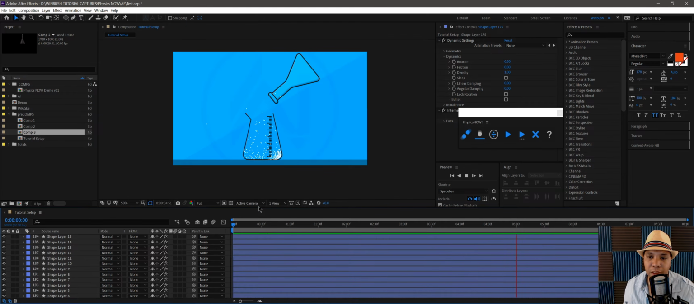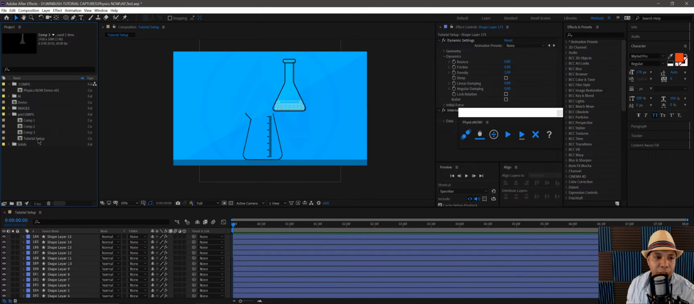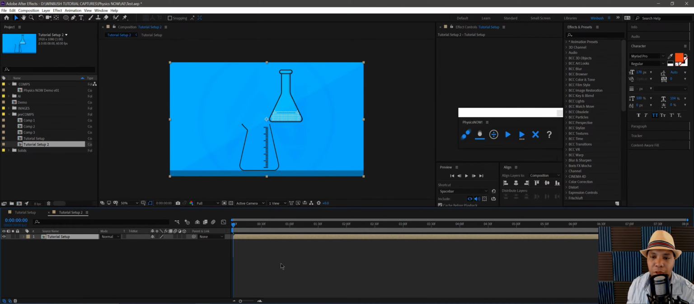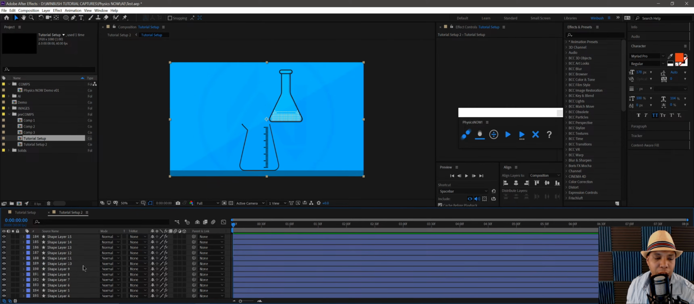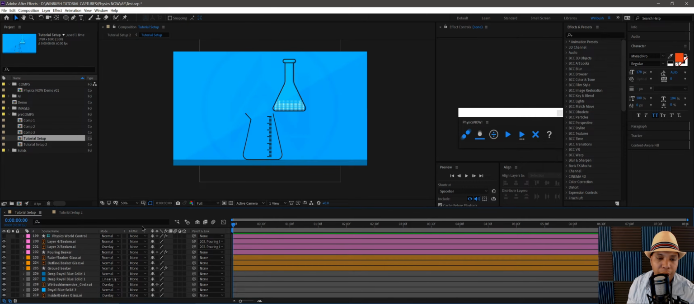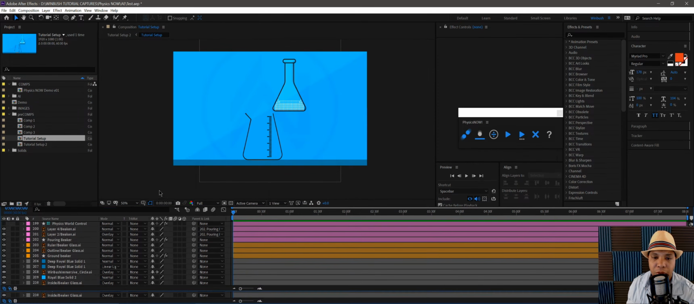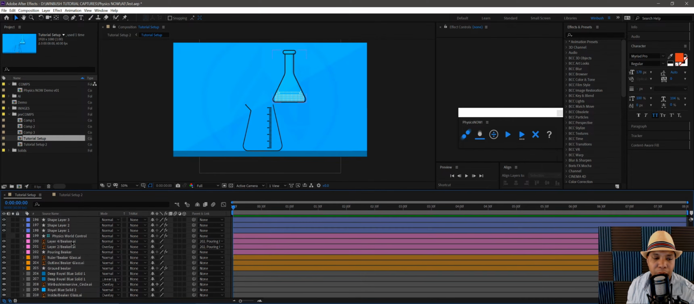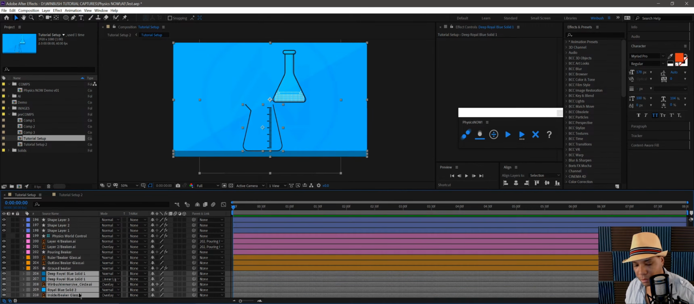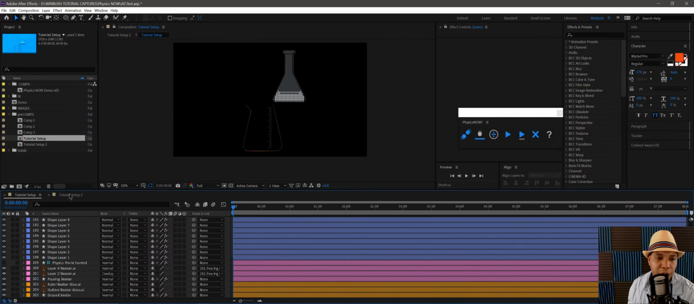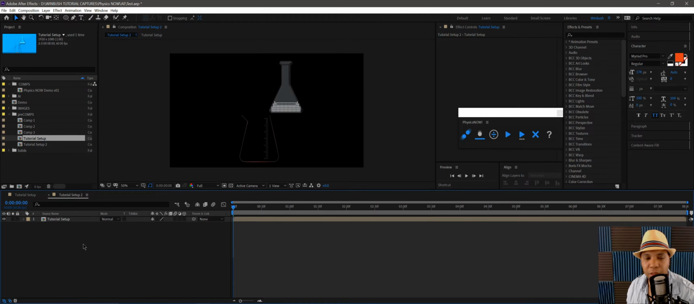There we go. So now we want to make it look liquid. What I'm going to do for this is take my tutorial setup comp, bring it down and make a new comp out of it, because I want to take all my bottom layers down here, and I'm just going to copy. Actually, I'm not going to copy. I'm going to take them and paste them into the new layer. So I'm going to hit Control X, take away those layers there, bring them into here, hit Control V,